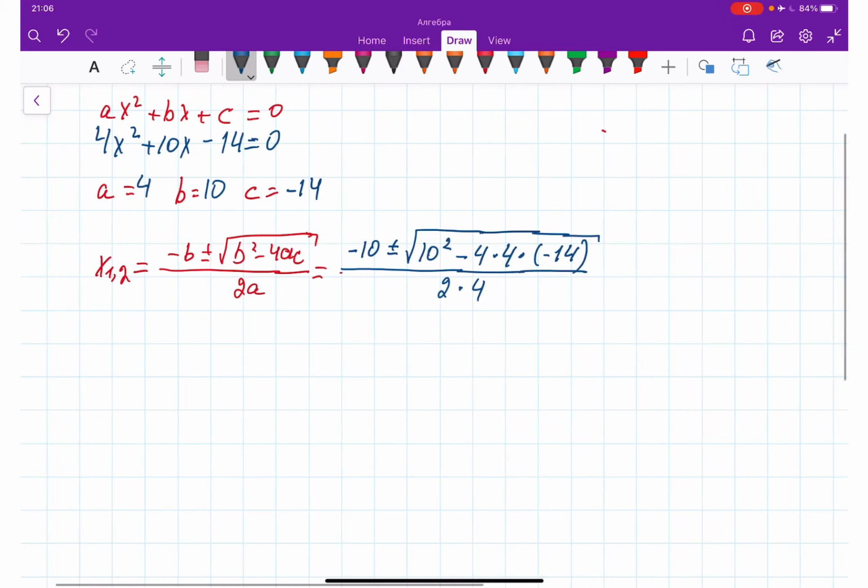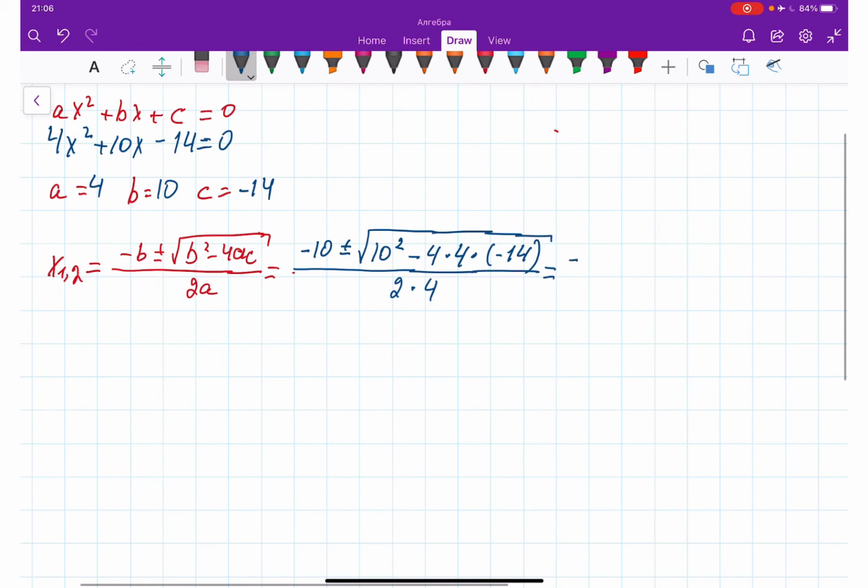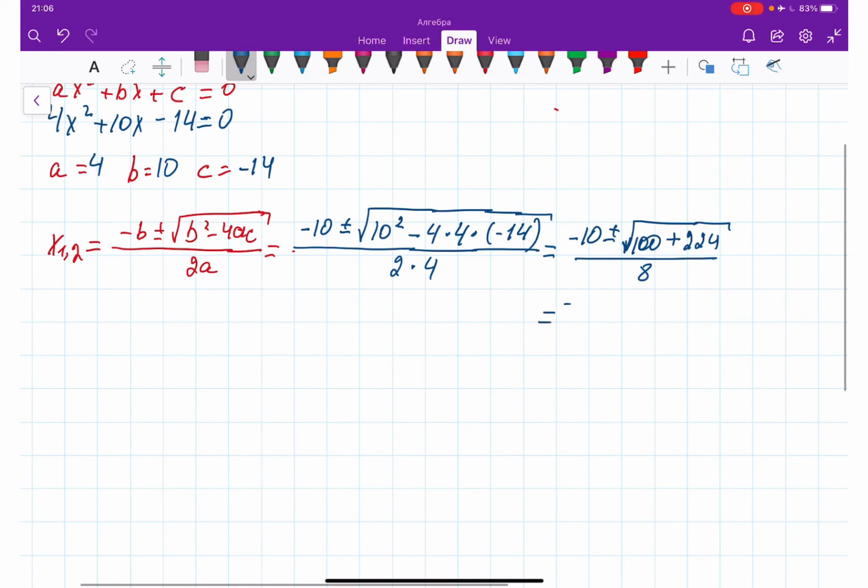Okay, that is equal negative 10 plus minus square root of 100. Since we have 2 minuses here, minus 4 times negative 14, so we end up with plus. 4 times 4 is 16, 16 times 14 is 224, over 8, which is equal negative 10 plus minus square root 324 over 8, and that is equal negative 10 plus minus 18